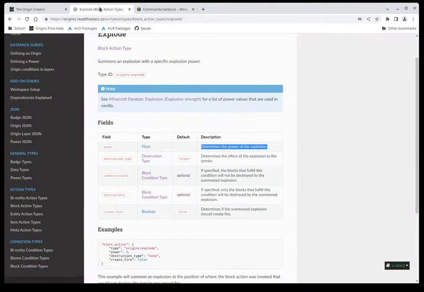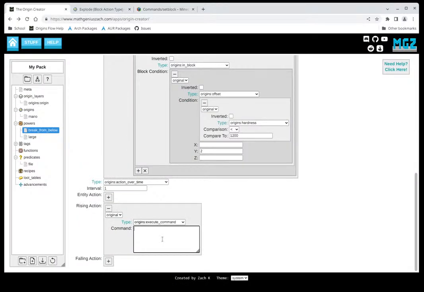So I want to set the block above me. Command setblock. I actually have to go to push to talk. I don't have this symbol. My push to talk key is this symbol. Hopefully you can still hear me now. But